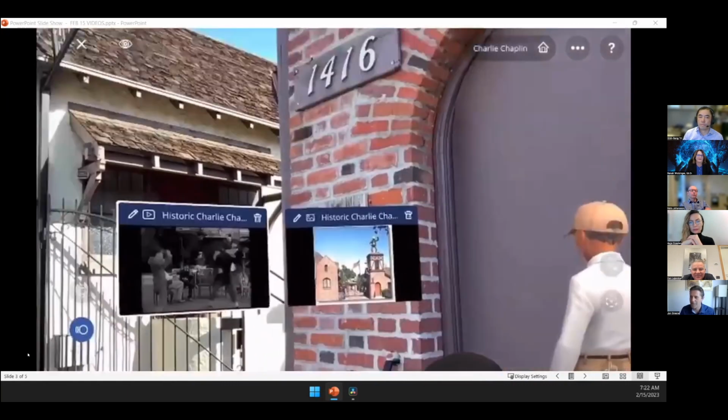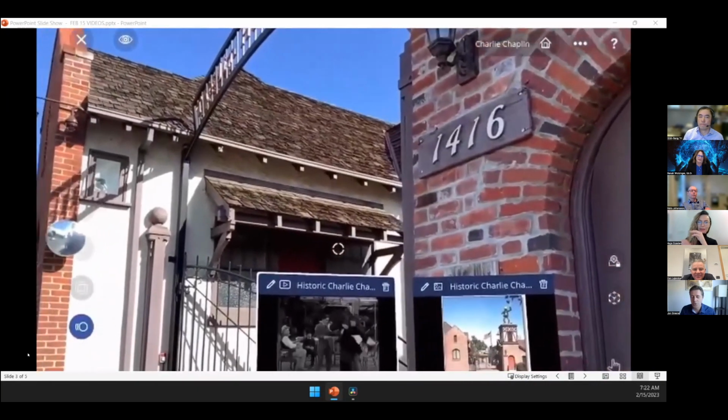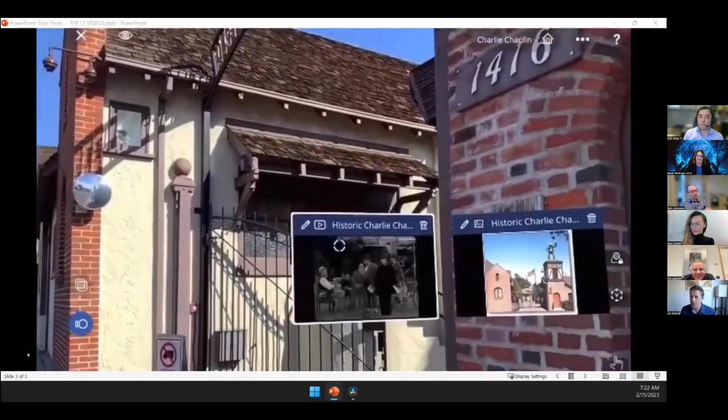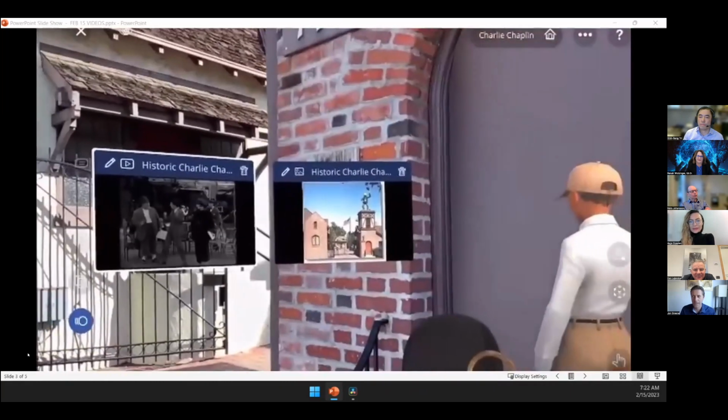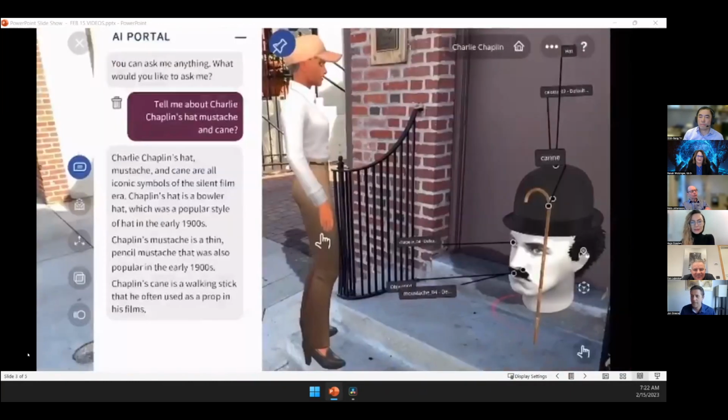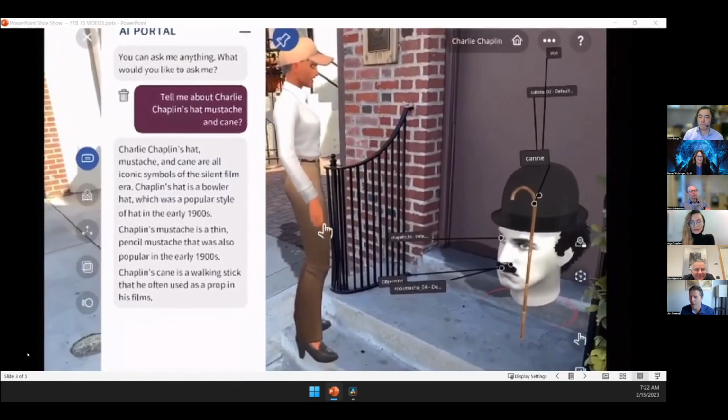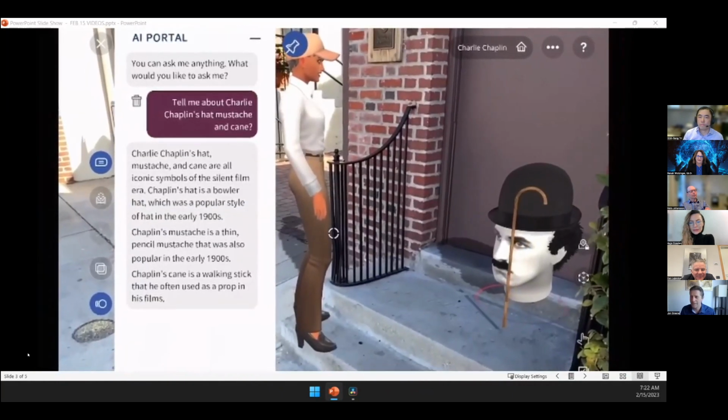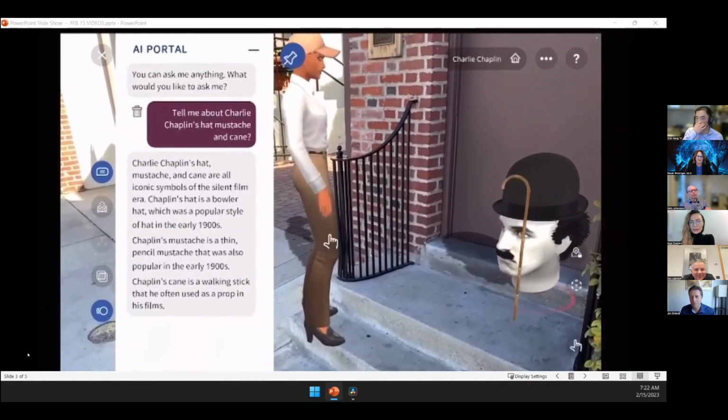Historical Cultural Monument. And again, using contextual AI, I asked a question about the historic Charlie Chaplin Museum, and it gave me a video and an image. Now I brought in a 3D model of Chaplin's hat, which was a popular style of a hat in the early 1900s. Chaplin's cane is a walking stick that he often used as a prop in his films. I asked about some of the